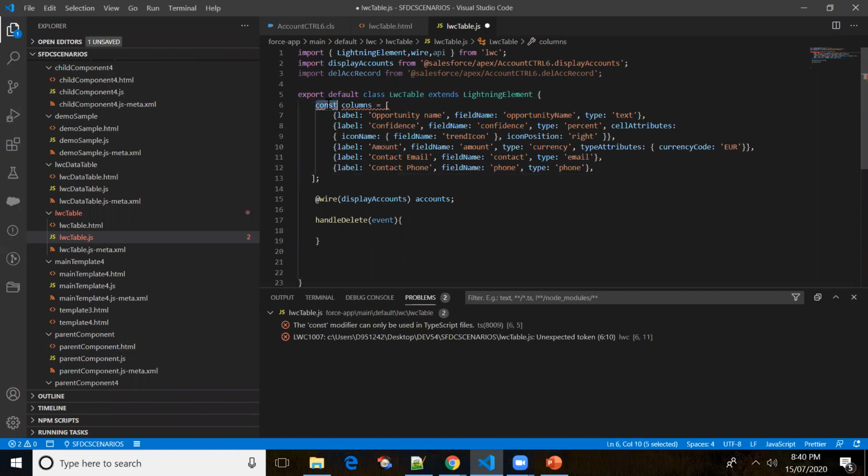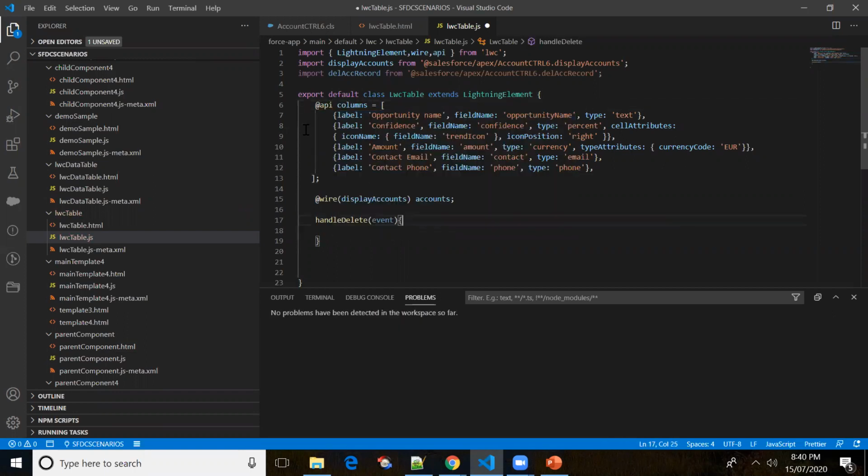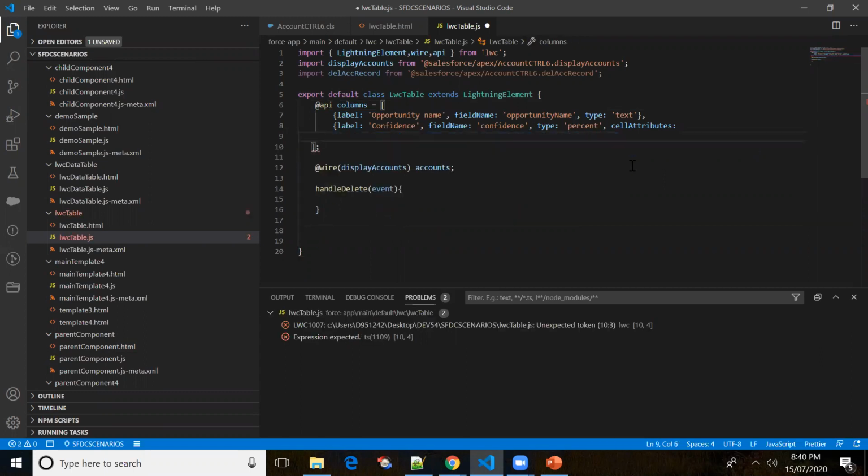I'll be just going with the API columns. We just need only two lines of code because we are going to display only two fields. One would be name, and it should be the field name, Name. The type is not needed, it's optional.